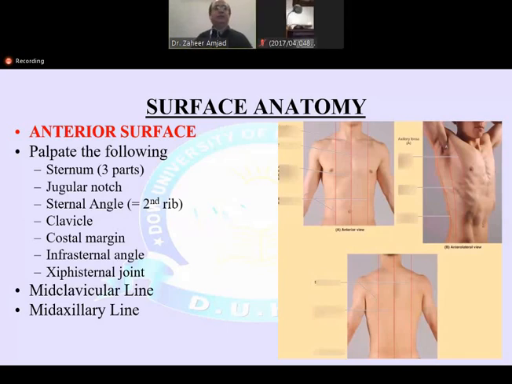And the imaginary lines which are present: this is the mid-sternal line, which runs straight down the middle. Then there are parasternal lines which run alongside the body of the sternum. Then there are mid-clavicular lines which run through the midpoint of the clavicle. Then the anterior axillary fold, the line running from here is the anterior axillary line, and the posterior axillary line runs from behind. And the mid-axillary line is present there, and the paravertebral line would be alongside the vertebrae,